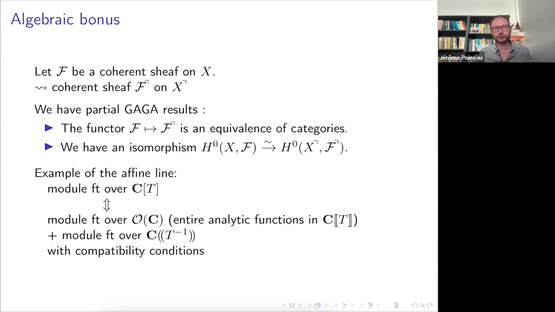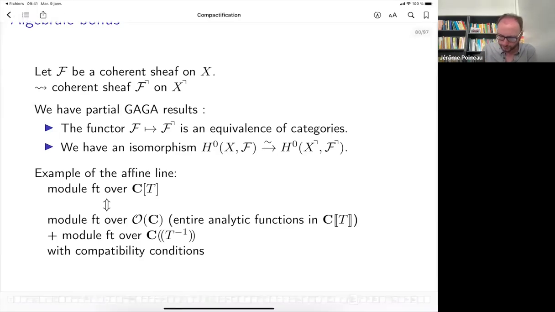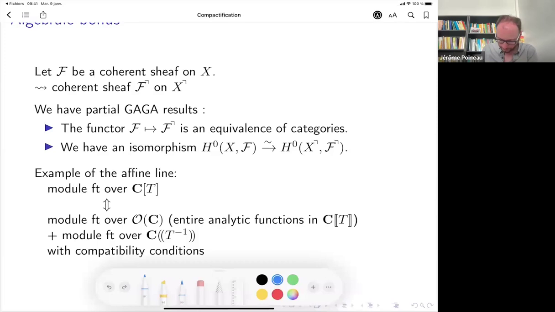And for instance, I'm not sure if it's going to answer your question, but let me try to write down something here. You see that you have this compactification, which is just the complex part union the boundary.